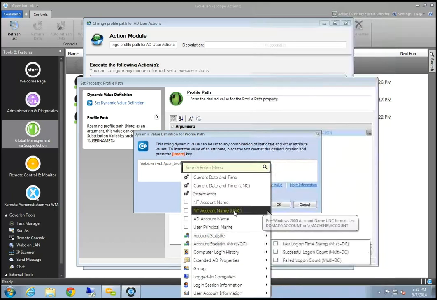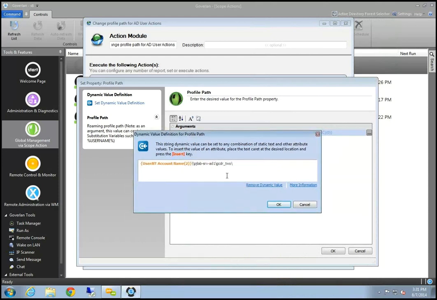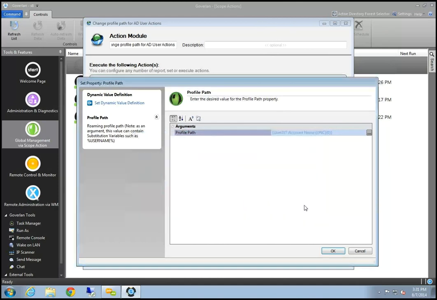Okay, so NT account name. I'm doing the wrong one. I think the cursor's in the wrong spot. Well, at any rate, what's going to happen here is Goverlan is going to input that information based on the